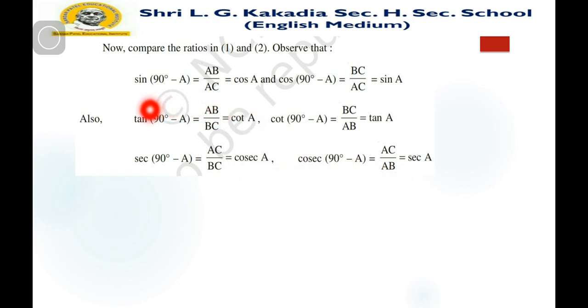Means here if we subtract any angle from 90, then it is a complementary, then we put the complementary ratio of it, that is here if we take sin 90 minus A,